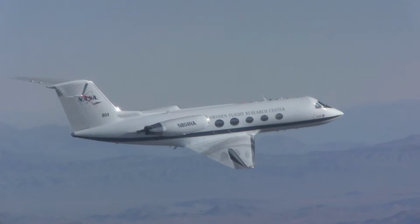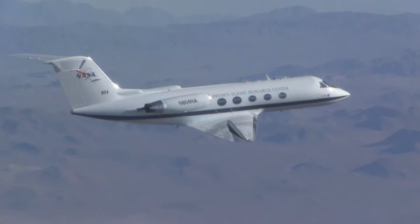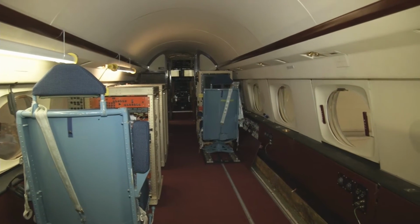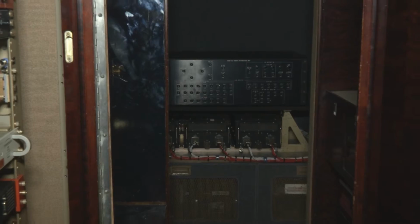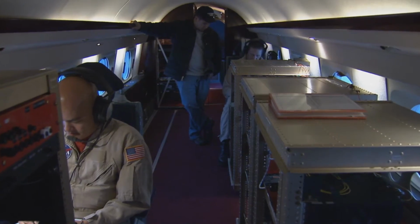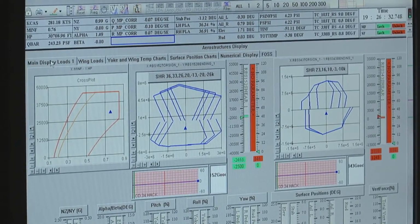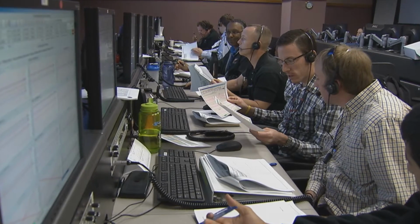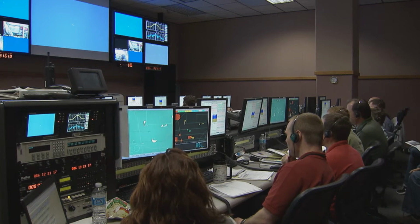But more testing needs to be done, so the next steps for the NASA researchers is to fly the Flexsys system on the Gulfstream. The entire aircraft has been stripped down and is now a flying test bed. Generally on these types of research flights, there will be a small crew: 2 pilots up front, and several engineers to sit in the back to monitor the data. That same data is also beamed down to the engineers on the ground to validate the wind tunnel and computer models. After all is said and done, this new technology has the potential to be a real game changer in